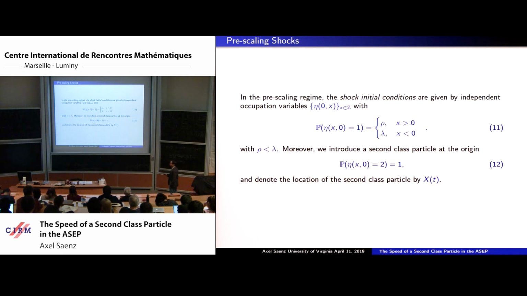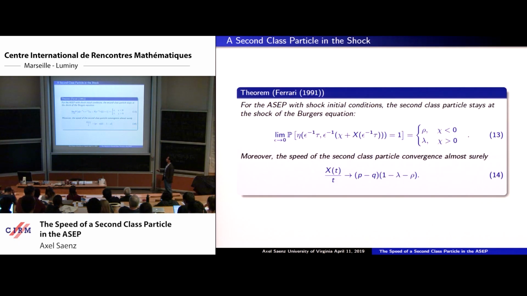And what we want to look at is what happens in the shock. So we're going to place a second-class particle at the middle where the shock is first formed. Right in the center of the profile, wherever the first intersection happens, that's where we put a second-class particle. And the result from